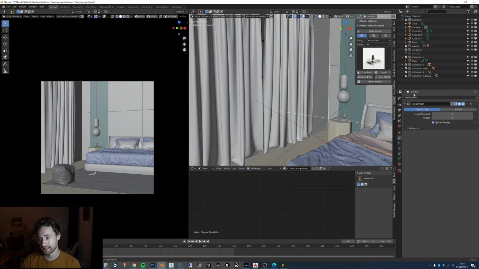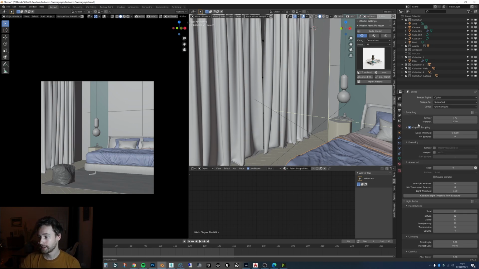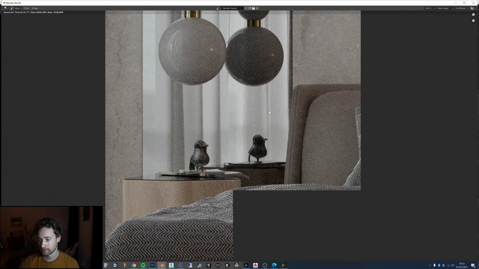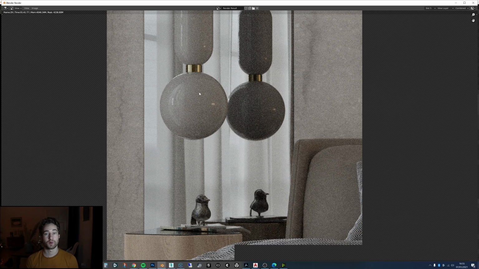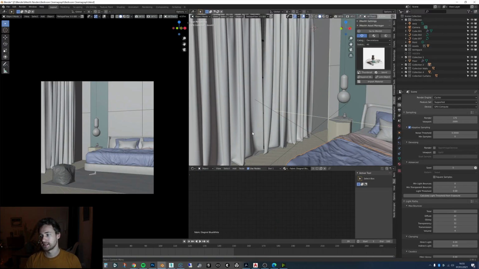For the actual render settings, I had the samples set to 175, which was very, very low. And so it was still very noisy, and the denoise I had to work quite hard, but I'll explain in a second why that wasn't such a bad thing. Once it denoised, it kind of cleared up most of it. But if I was to do this again, I would definitely render it even up to 1,000, even for a still image. You want it to be as high as possible, obviously in as much time as you have to render, but 175 kind of worked for me. And yeah, these are my render settings.